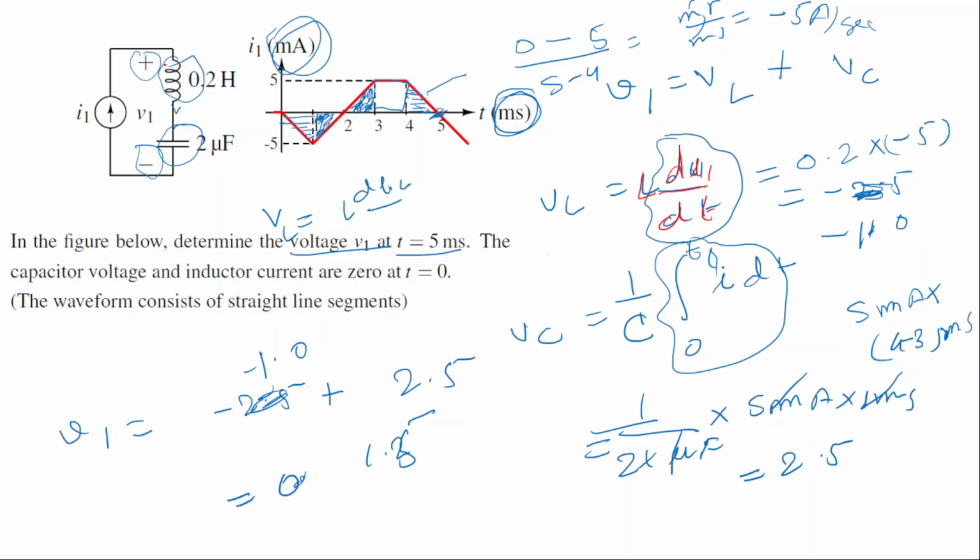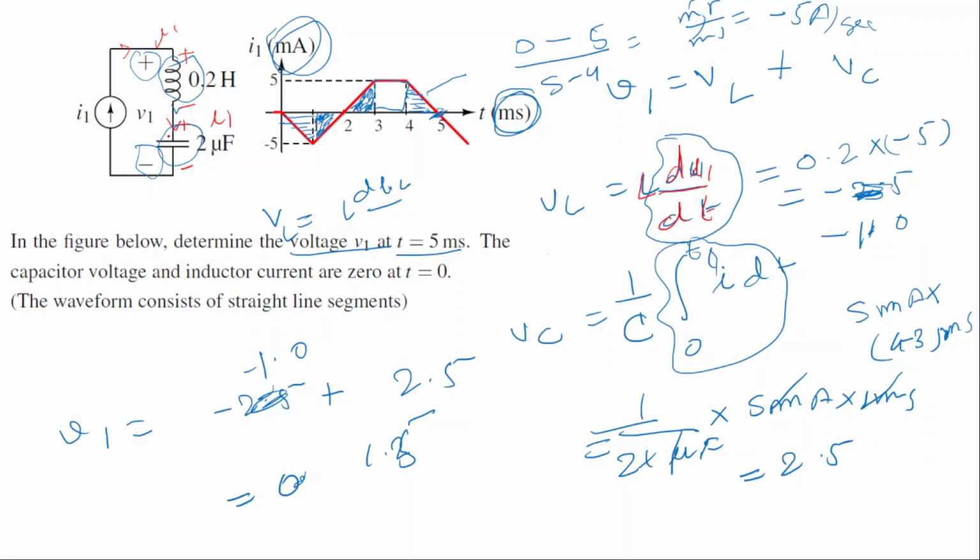As you can see, the voltage will be the sum of these two voltages. So the voltage across the inductor will be this, plus and minus and plus and minus, and the total voltage will be the sum of this. Since these are connected in series, the current in both the inductor and the capacitor will be I1. So the current in both is the same.